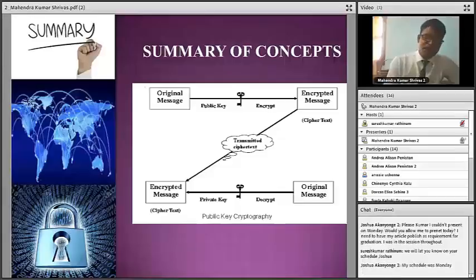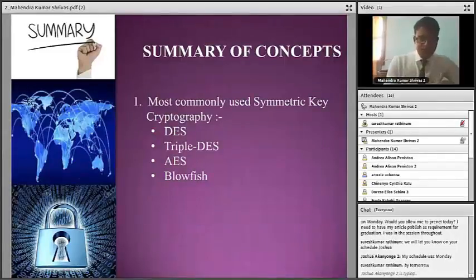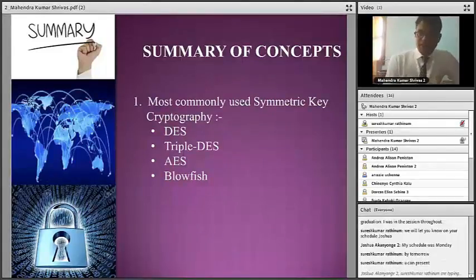So what happens is, suppose anybody gets that encrypted data, he or she cannot understand it, right? So that is the main concept behind the whole cryptography stuff. In this particular research work we have used symmetric key encryption. We have some of the most famous cryptography algorithms.